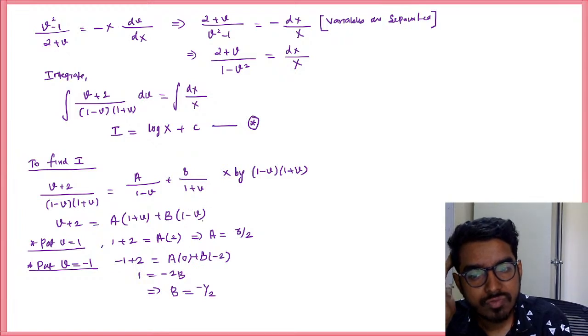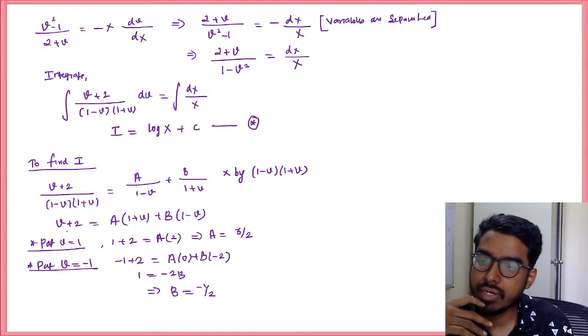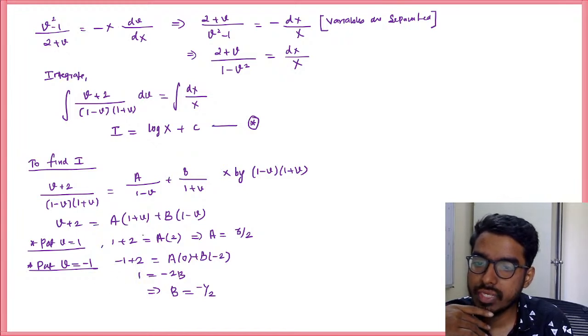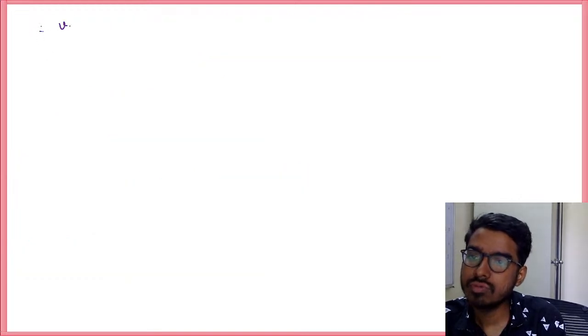A into 1 plus b, b into 1 minus b. If b is 1, 3 is equal to 2a, so a will be 3 by 2. If b is minus 1, minus 1 plus 2 is 1, so 1 is 2b, and b is minus 1 by 2. So therefore, b plus 2 divided by